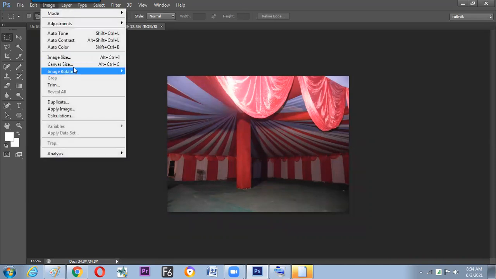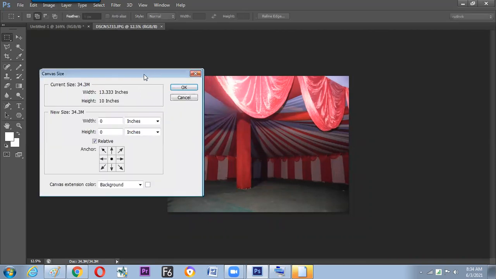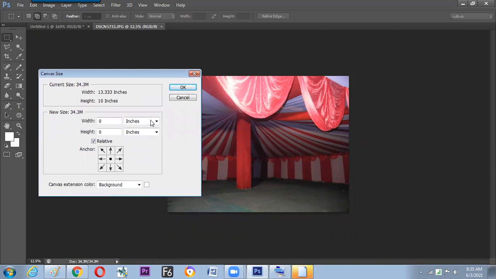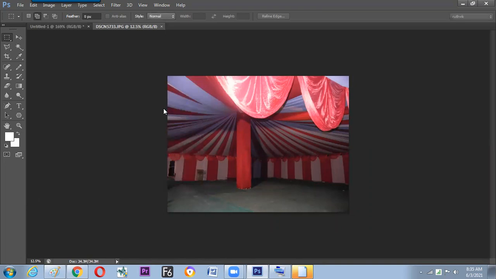Same option, canvas size, but here instead of working with inches, we can switch to the percentage and get the image to be in the left side and write down 100% we need to get developed.